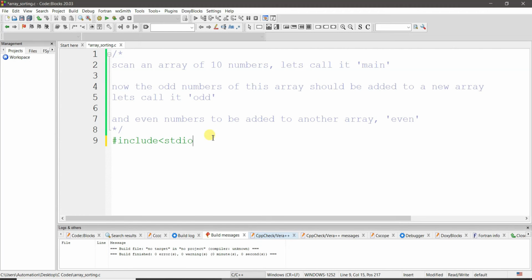Again, I'll just break down the problem statement. So now you know it. What is the problem statement? We need to have three arrays, scan it, and then try to find out the largest and smallest out of it. So what I'll do is, I'll just take void main,